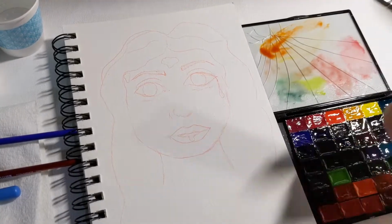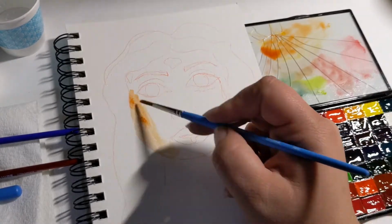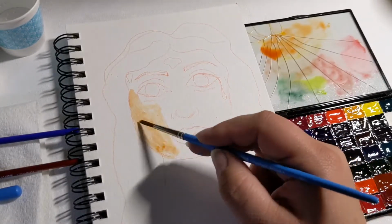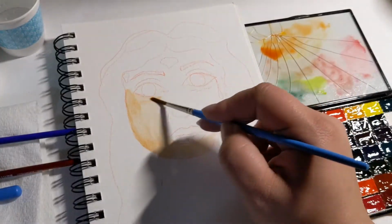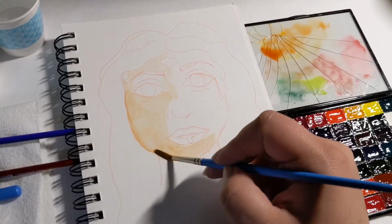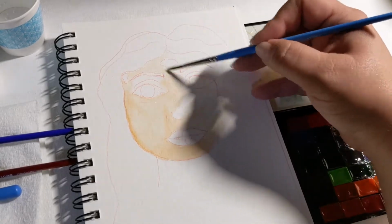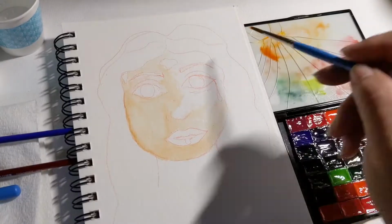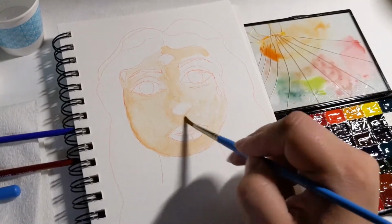Now, I went ahead and filmed this pretty fast because I didn't think you'd want to watch an entire video of me painting. However, I wanted to show a few tips and tricks that I have learned in my very short watercolor experience. I went ahead and made a fleshy tone out of the colors that I had. And I start by making the faintest, lightest color of the flesh possible. You can make the darker highlights and shadows, but it's easiest to put on the lightest shade first. So I'm just laying out mostly a flat tone here,